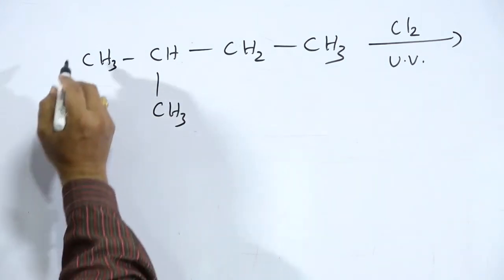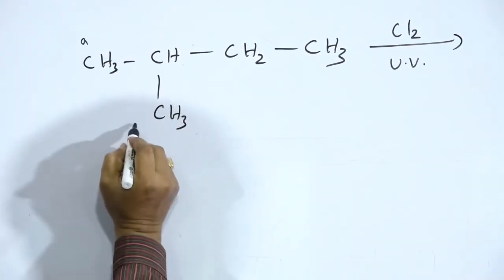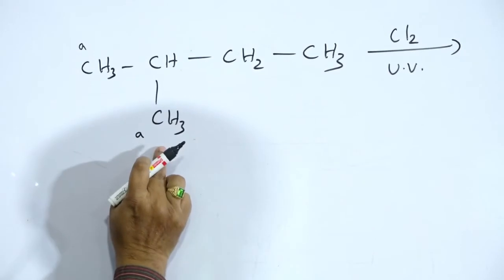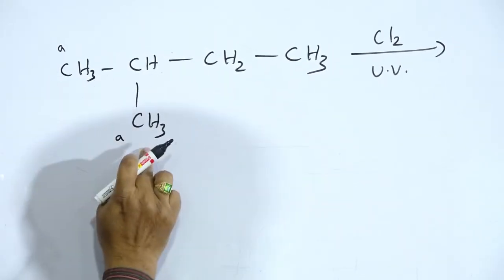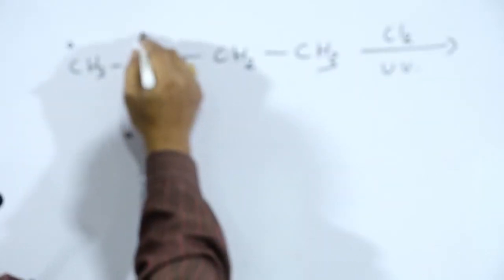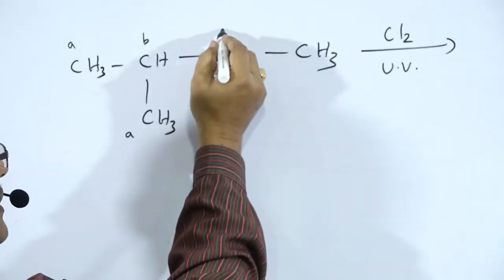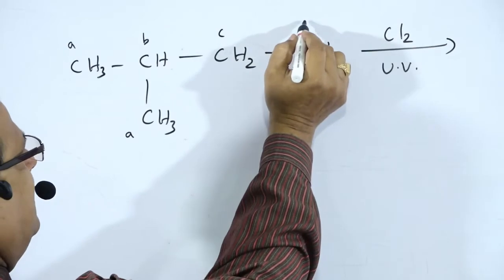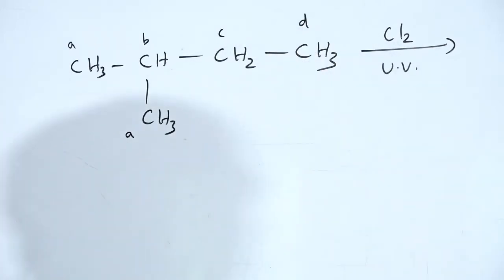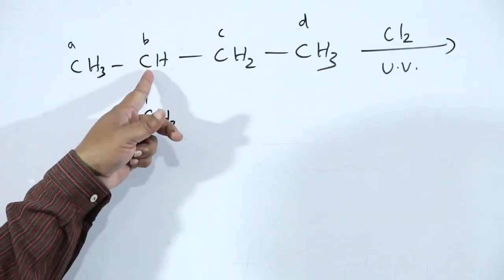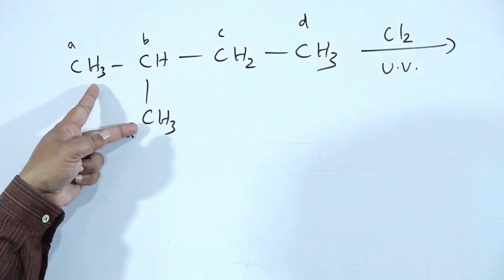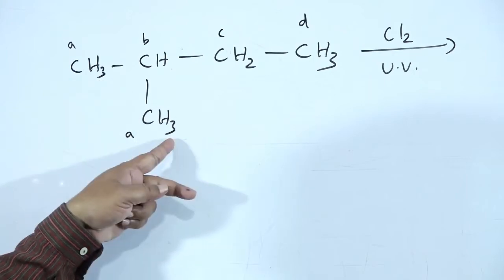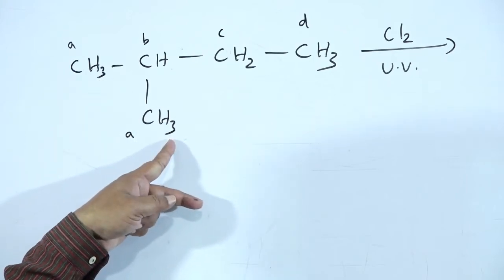So we can take these hydrogen atoms; these carbon atoms are of the same kind. Hydrogen atoms are of the same kind. This hydrogen atom is another kind of hydrogen. Why? This carbon atom that is attached to two methyl groups, they are of the same kind. So these 3 plus 3, that is 6 hydrogen atoms, are of the same kind.